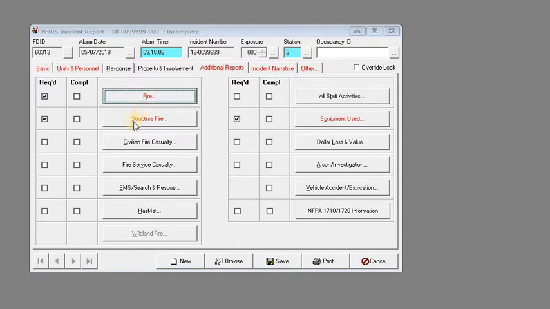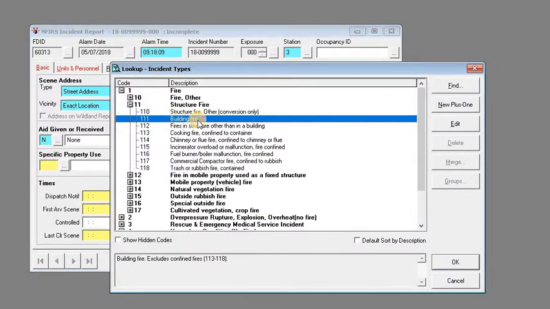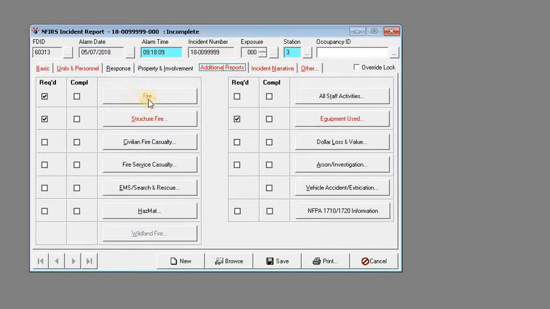For the fire tab and structure fire tab under additional reports, when filling out a fire report, this will be filled out anytime that there is a 100 section for building fires, structure fires, fires in a structure other than a building, those types of reports. You'll need to fill out the additional reports fire and structure fire tab. Under the fire tab,